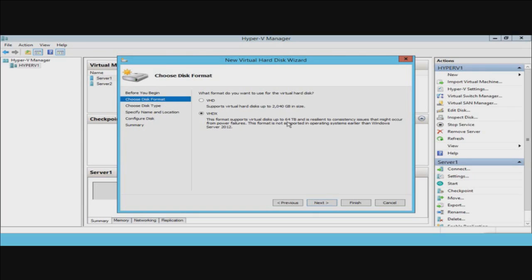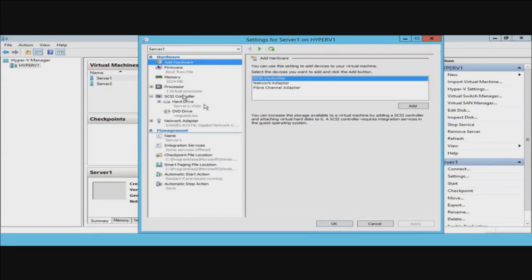Now, we're going to start with a fixed disk size, and the reasons that you might want to use a fixed disk size is, look here, I can go to the SCSI controller. Content. I've already brought up the 70-412